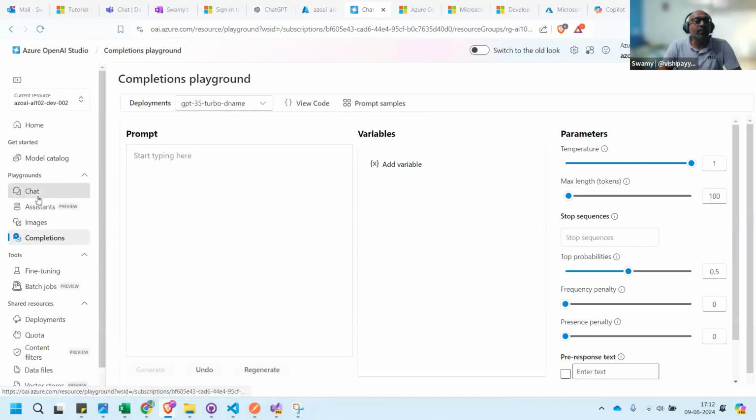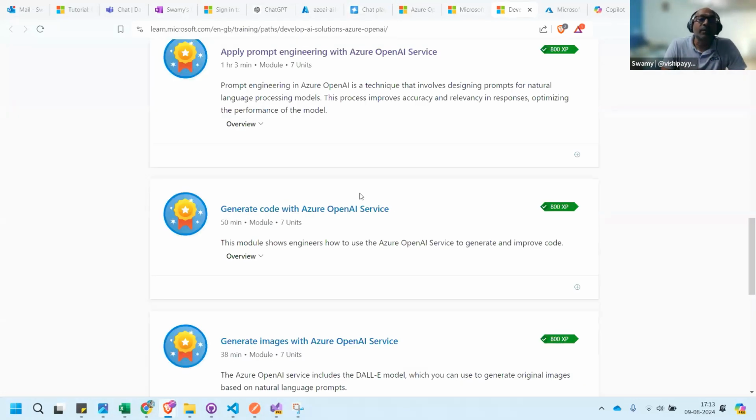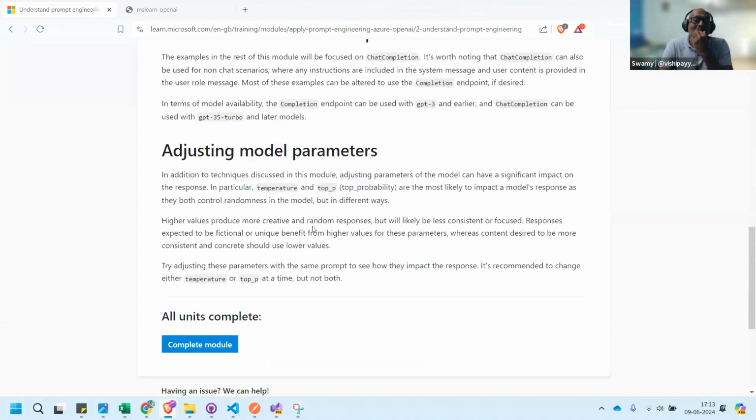Majorly we'll be spending time on chat completion, and we'll also see a little bit in Postman and C sharp. Whatever Python sample was left out, and one sample which was left out in the previous session, let's come back and cover both chapters from this AI-102 exam syllabus. Whatever is left out, we'll do in the next session. That being said, let's come back to this one.